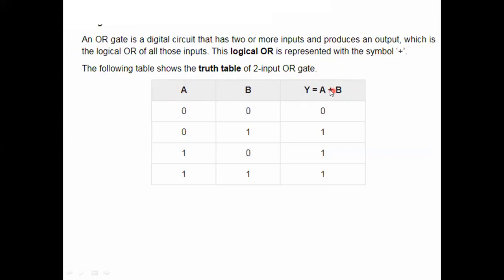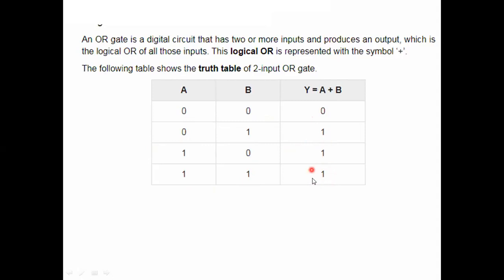This is like addition. This is logical OR. Two inputs are there, so how many combinations do we get? 0, 0; 0, 1; 1, 0; 1, 1. So 0 plus 0 is 0, 0 plus 1 is 1, 1 plus 0 is 1, 1 plus 1